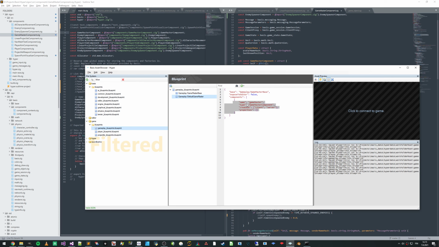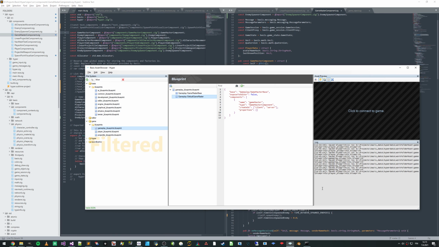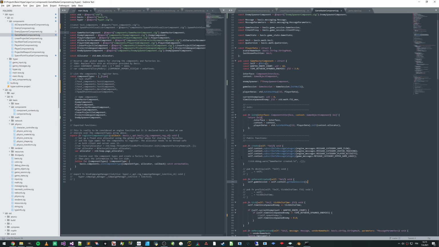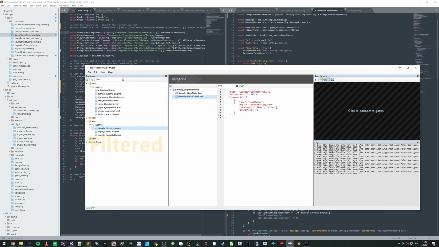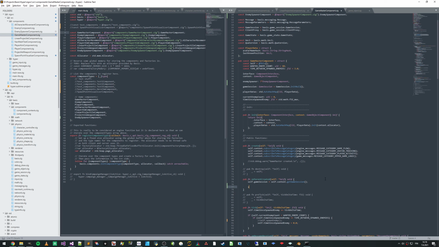Here is where we'll want to access this guy. We could actually already do it in create, because in this case the order is what it is, it would exist there. But if the order was the other way around, if we wanted to get from the enemy spawner to one of those, we would have to do it in onParent created. So I tend to always do it here,